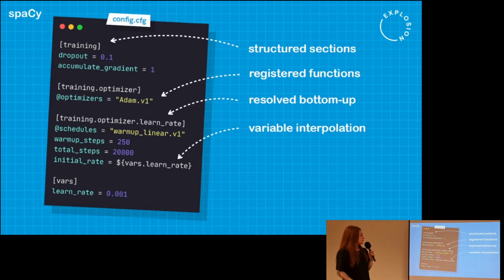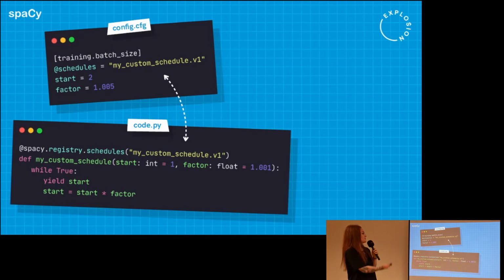And yeah, there's some nice syntactic sugar, and we also support variables, which solves this problem of keeping your settings consistent. If one hyperparameter needs to be referenced in lots of different layers, you can do that. You define it once, and you only need to change it in one place, and you know it's always going to be reflected consistently. And so here's an example of the registered functions.